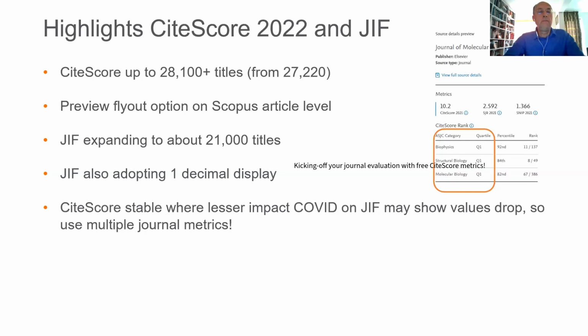I do believe that the impact factor will also expand significantly with this year's release, because they add their secondary database to their primary database, going from about 13,000 to 21,000 titles. And they also start adopting this one decimal display, because so far they display three decimals and they recognize the same thing, which is already on CiteScore, that a one decimal display makes much more sense.